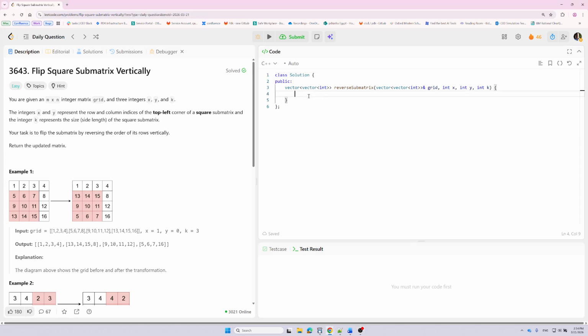So let's see this in the code. We will loop through half of the rows. So for i equals 0, i less than k over 2, plus plus i, and then inside it another loop over all the k columns. So for j equals 0, j less than k, plus plus j,